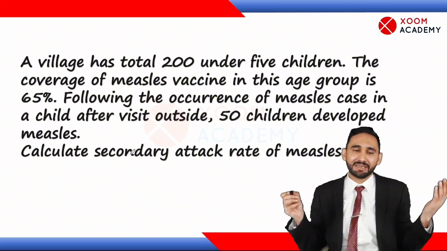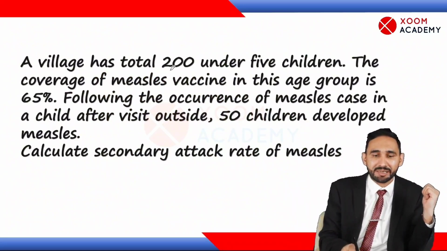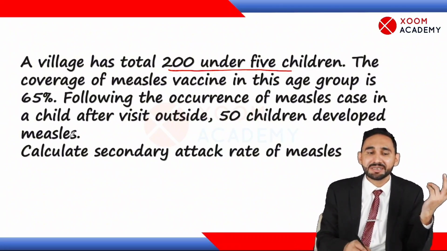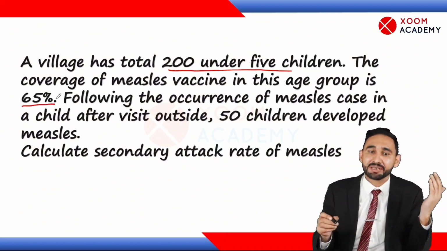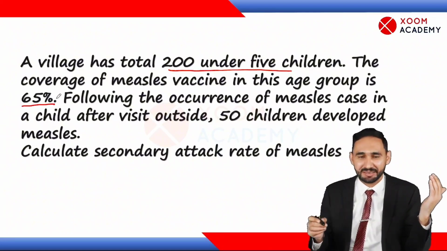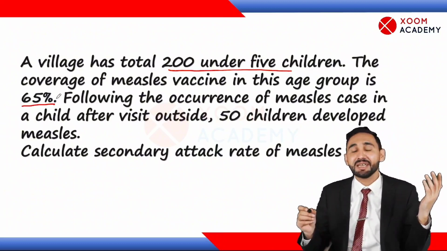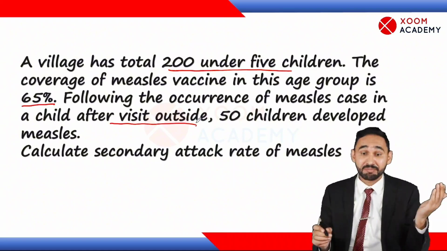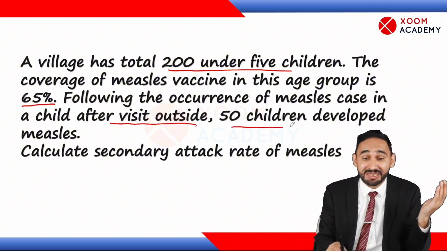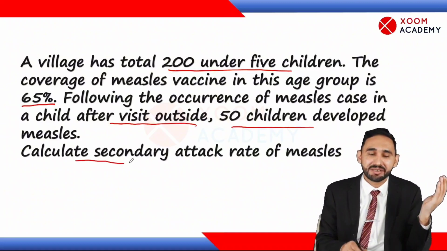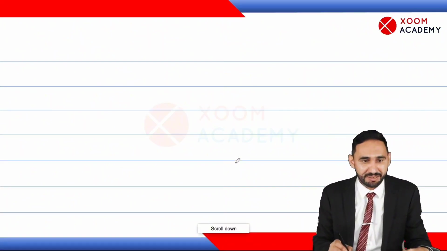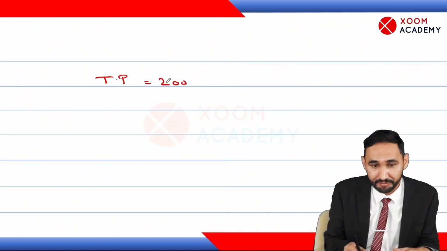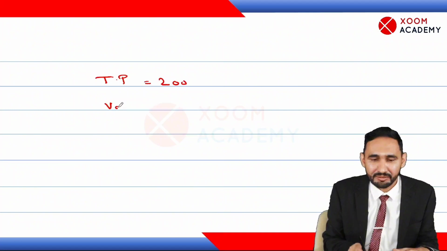Like we solve one example: a village has a total of 200 under 5 children. The coverage of measles vaccination is 65%, meaning 65% of children are vaccinated against measles. Following the occurrence of a measles case in a child after a visit outside, the child went outside, got measles, came back and infected 50 more children. How will we calculate secondary attack rate? First, what was the total population? It is 200. And vaccine coverage